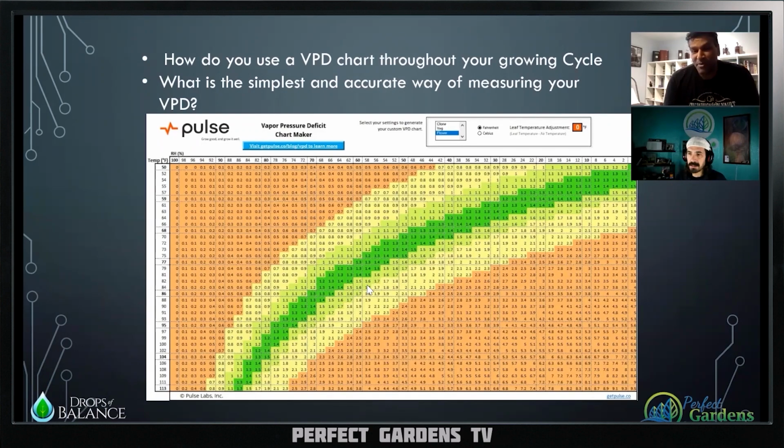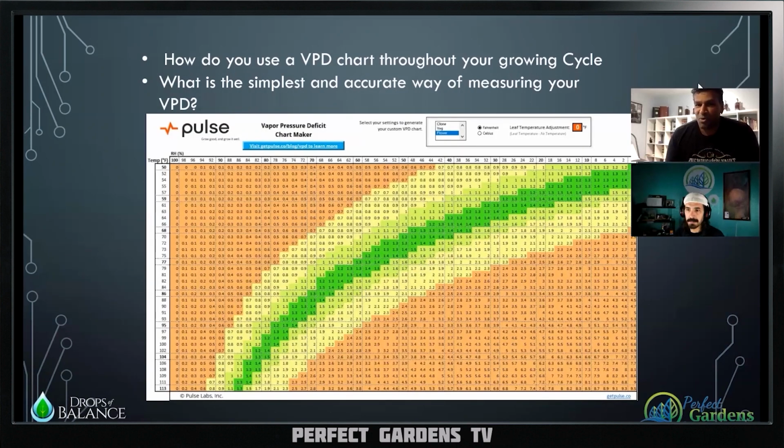The other reason why we don't is because we also know that we're going to be pumping in CO2. And for CO2, there's a particular enzyme that we know performs a little bit better at higher temperatures. Because of that, we want to make sure our temperatures are slightly higher because we'll get that rubisco enzyme, that coenzyme that really helps photosynthesis. The plant will produce more of it at a higher temperature. So we push it a little bit that way.